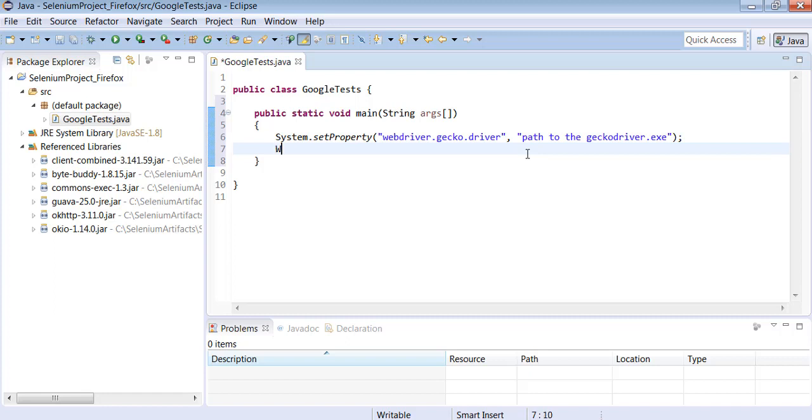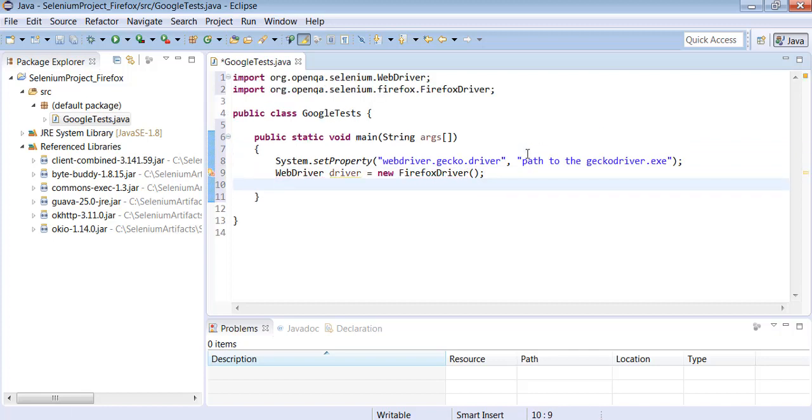Then write down WebDriver driver equal to new FirefoxDriver.